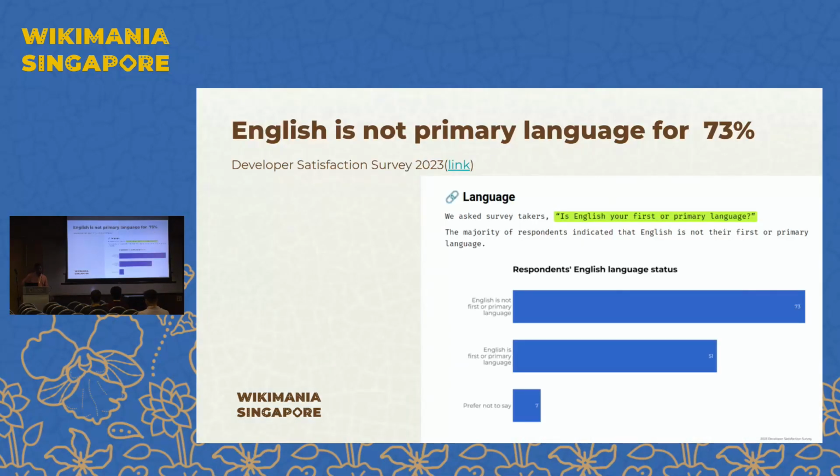So why am I choosing this series of topics for the session? If you listen carefully, it's all about languages, right? In the last developer survey, the 2023 developer satisfaction survey, we saw that for most of the developers, English is not the primary language. They might know English, but it's not their primary language. That means developers are hugely multilingual and aware of non-English languages. So projects that are relevant to their language might be relevant to them. That's why I chose this series of projects that might be interesting for your language.